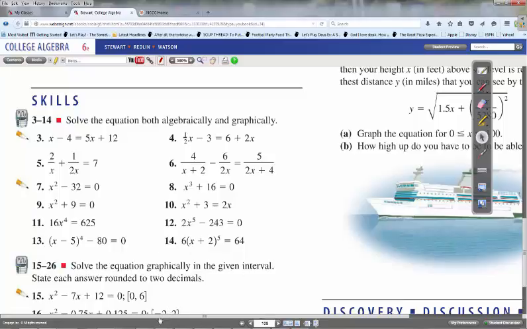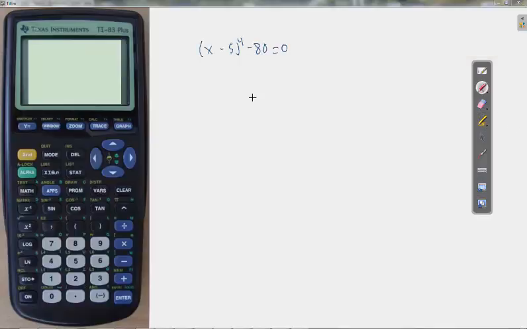x minus 5 to the fourth minus 80 equals 0. Solving this algebraically, not hard at all. Just move the 80 over to the right. Take a fourth root of both sides. So you have x minus 5 equal the fourth root of 80,